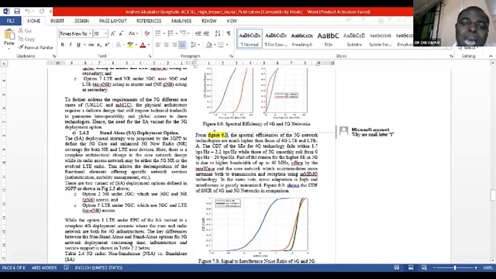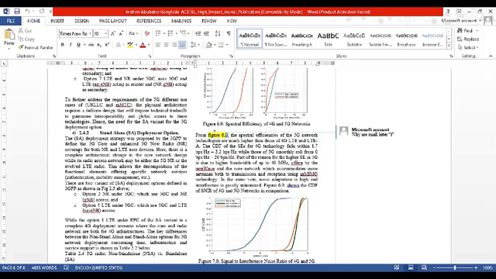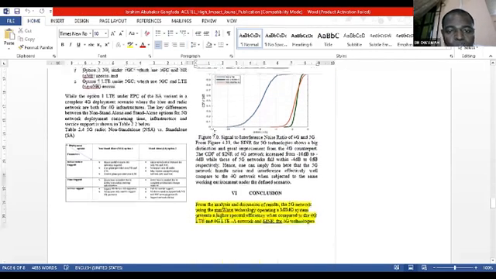I've told you people that whenever you mention a figure with a number attached to it or a table with a number attached to it, whether at the beginning of a sentence, in the middle, or at the end, it is treated as a proper noun. So the F must be in capital letter, the T for Table must be in capital letter, irrespective of where it appears in the work. So that Figure 6 is not correct because you're using small letter. Then you have your Figure 7.0, which is not okay.